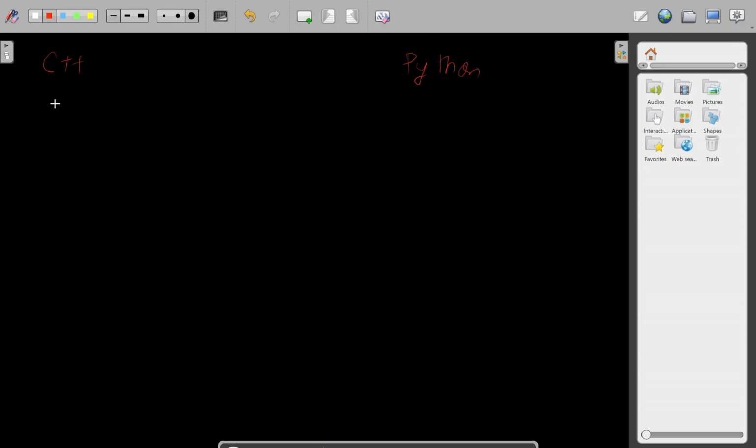If I use the if statement in C++, we are having curly braces. I will be writing the condition over here, and then I will be using the curly braces to define that some statements are inside the body of the if statement, and based on this condition we are going to execute. But in case of Python programming language, these brackets are not defined.